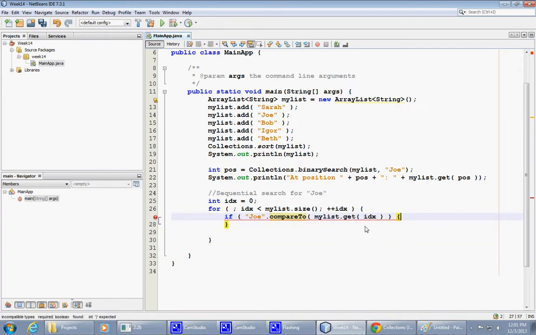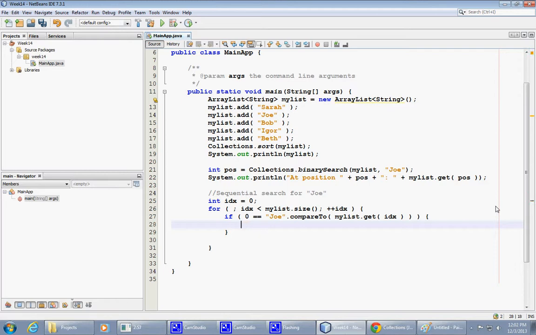How many parentheses I have here? 1, 2. I need this extra one. Okay. So 0 equals compared to get index. Then we just say break,